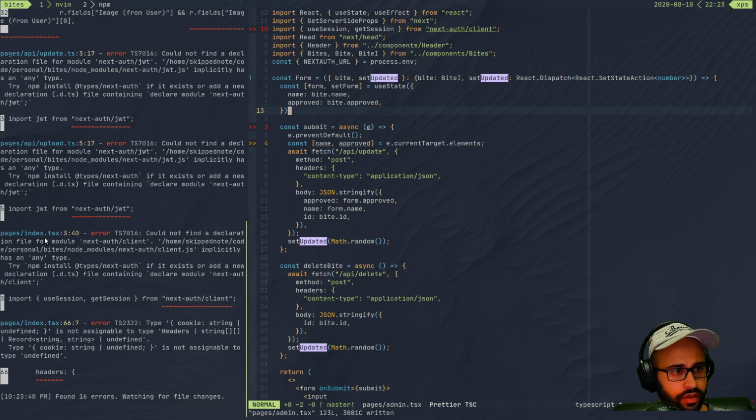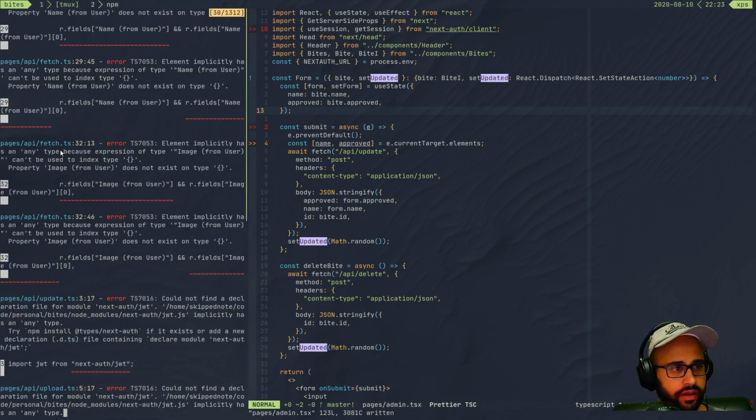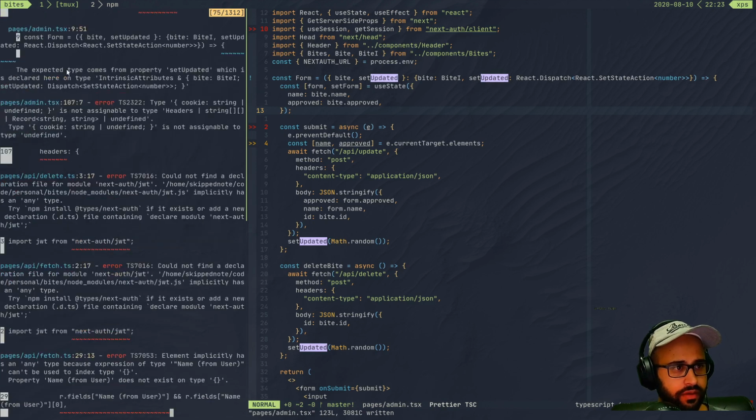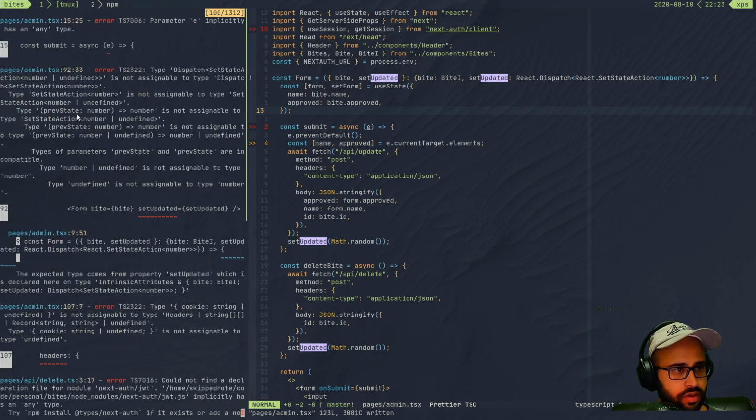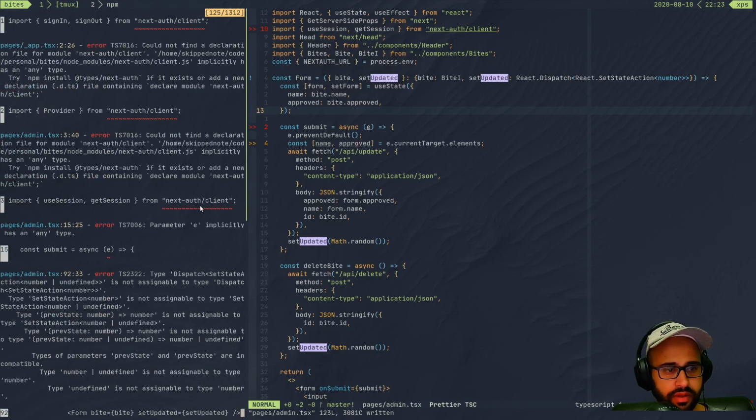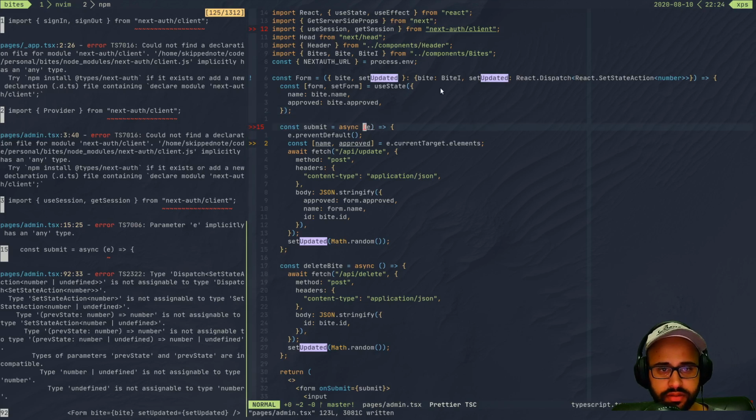So if we search for the admin file in here, admin, we have a few errors. So let's scroll up. The first error in admin is the next client, and after that we have immediately this. So this error is fixed, which is good. So here we have an undefined event,